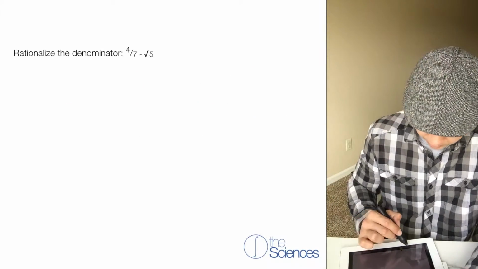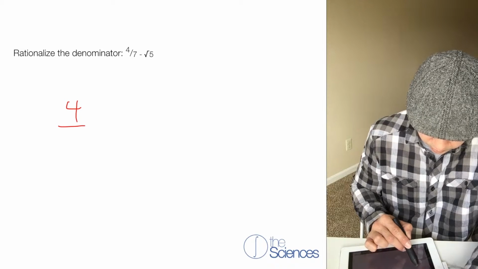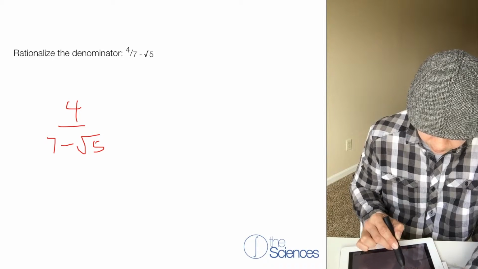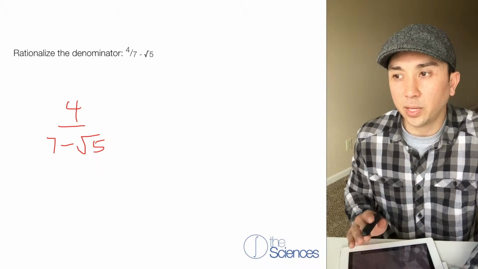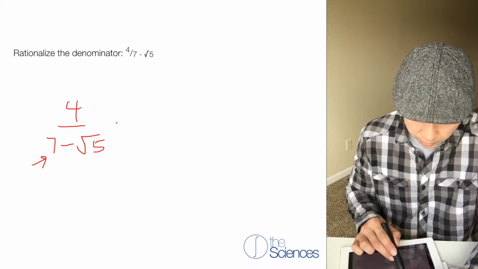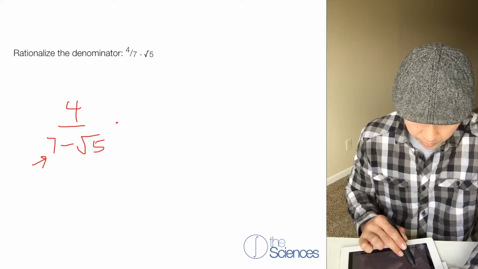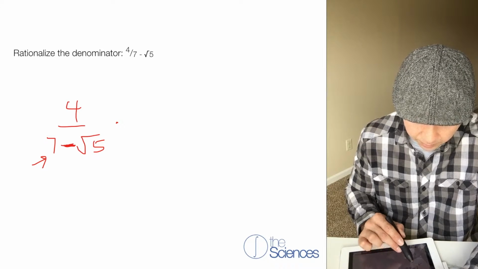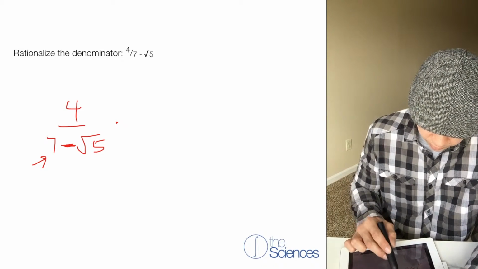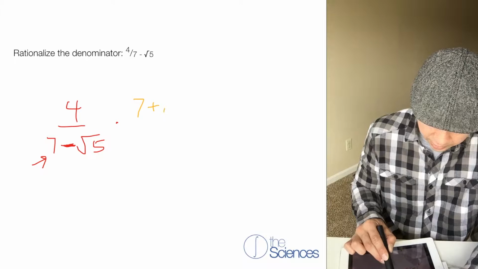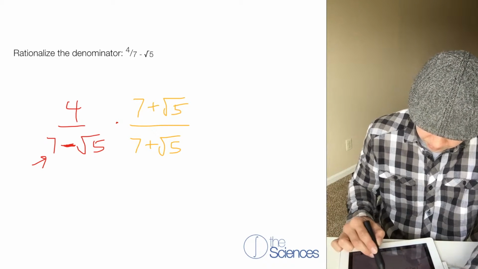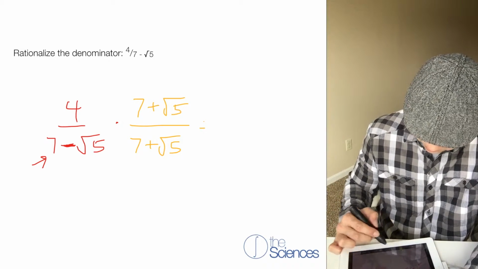Now let's rationalize the denominator for 4 divided by 7 minus the square root of 5. So what we're going to do is multiply the numerator and denominator by the conjugate of this denominator. So what that means is we're going to multiply by the same expression, but instead of subtracting, we're going to be adding. So here we're going to multiply 7 plus the square root of 5 over 7 plus the square root of 5. So this gives us